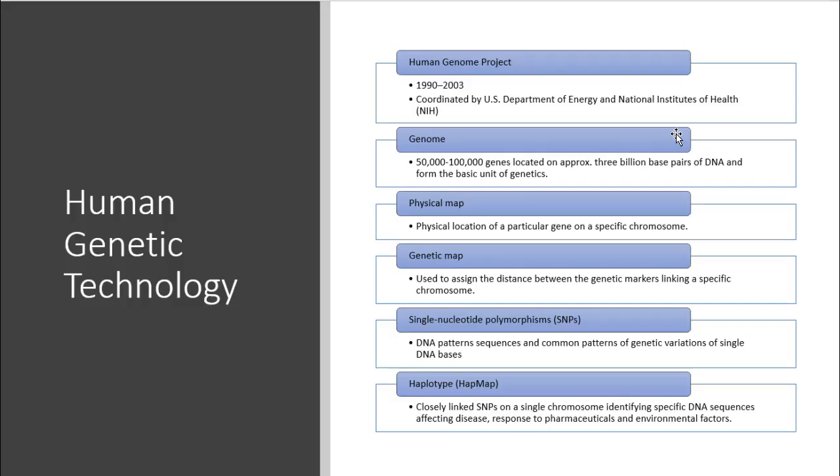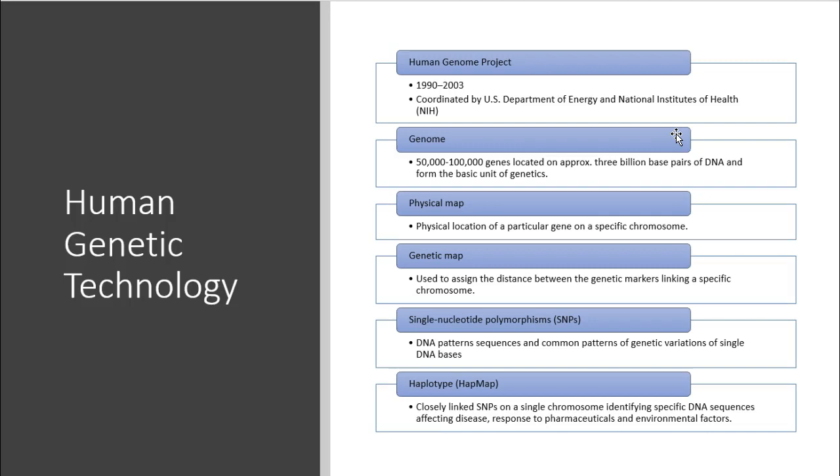All right, so there's a human genetic technology, and I'm going to go over it just so you have an idea what's happening. So it's the Human Genome Project. It went through 2003, and it was coordinated by the U.S. Department of Energy and National Institutes of Health, NIH, and they did a genome project. So 50,000 to 100,000 genes are located on approximately 3 billion pairs of DNA and form the basic unit of